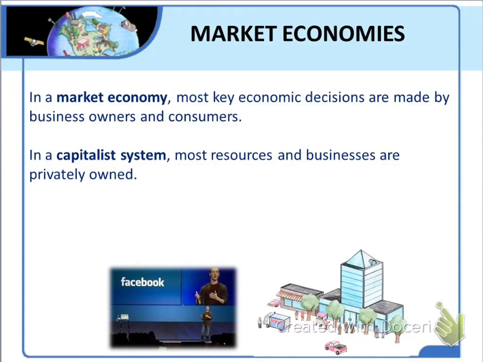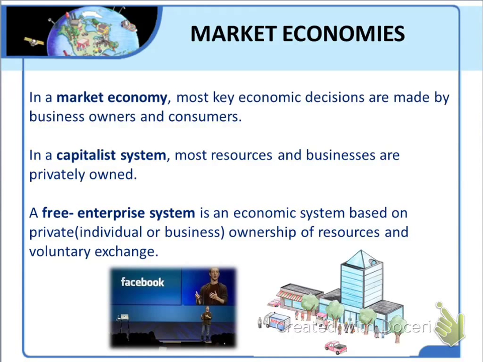A key feature of market economies is that exchanges of resources or goods for money take place voluntarily between parties. No one is forced to buy or sell resources or goods because a market economy is based on voluntary exchange and gives people so much freedom to start businesses and decide how their resources are used. Therefore, it is called a free enterprise system.